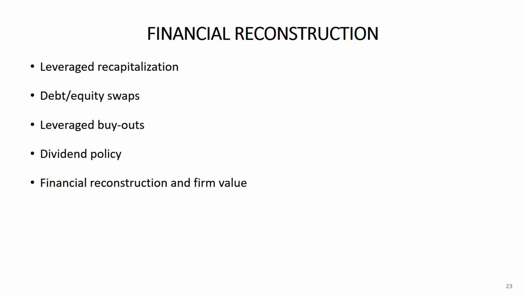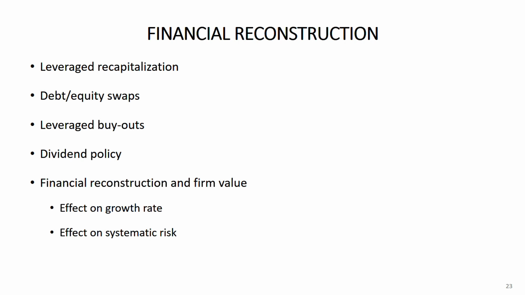Then financial reconstructions and firm values. You need to know the impact of financial reconstructions on firm values. To know this, you have to know two things. One is the effect on the growth rate, and to know that, you can use Gordon's growth approximation formula, which is on the formula sheet. And then the effect on the systematic risk. Whenever systematic risk is there, you need to talk about equity beta and asset beta. Everything else is the same. The only thing is you now need to know what the asset beta and the equity beta are